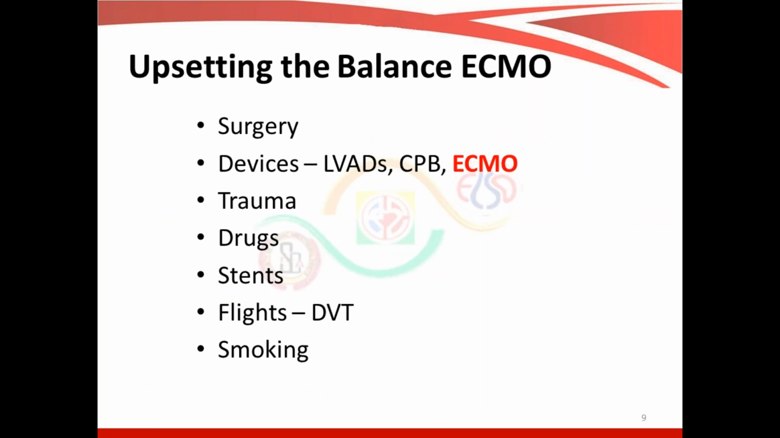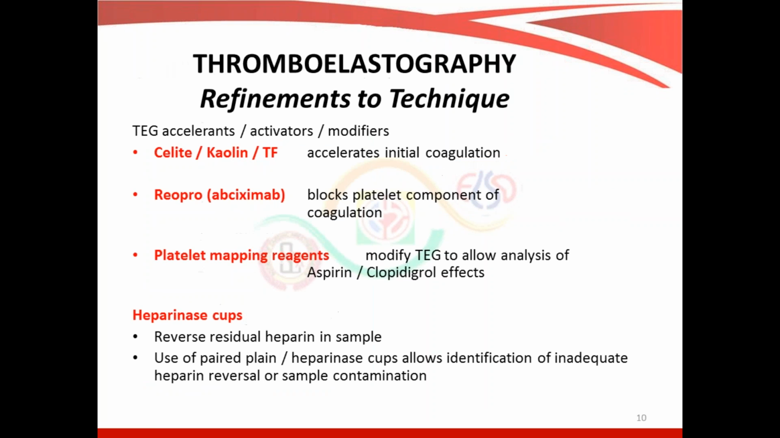So we know that when we use ECMO or ventricular assist devices, even IABP or trauma, or any drugs that the patient is on, such as group 2B3A inhibitors, stenting, any kind of DVT, any kind of smoking patient, your patient is bound to be bleeding. And to detect that bleeding and to know which exact blood product to give so that the bleeding is closed immediately without resorting to surgery is what the function of a thromboelastogram or a Sonoclot